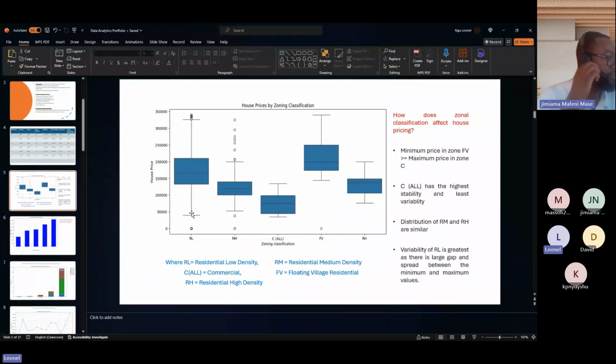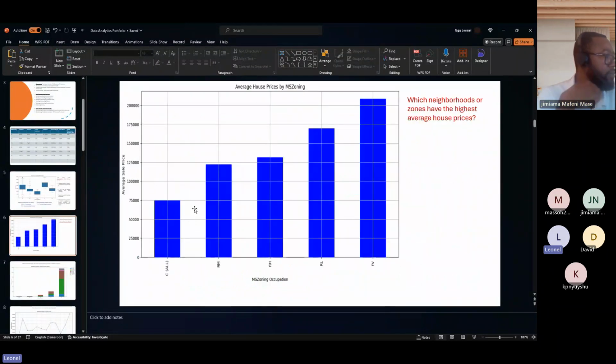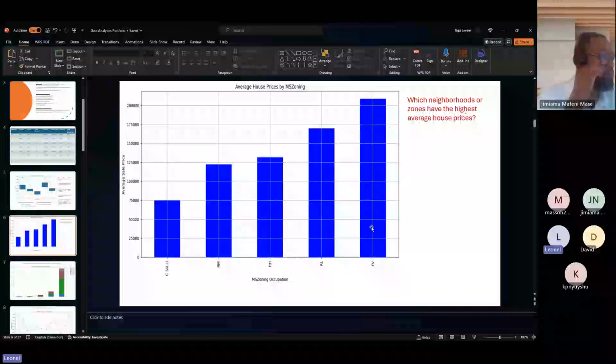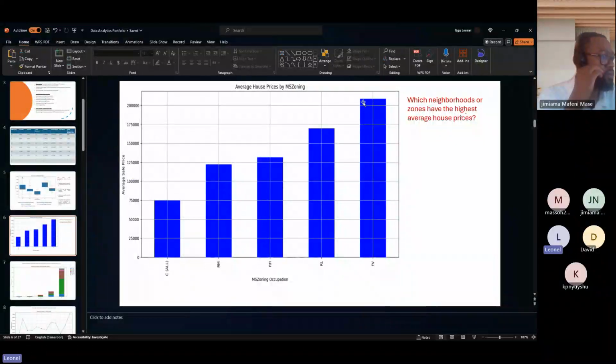Perfect. The second business question was, which neighborhoods or zones have the highest average house price? So based on this bar chart of average house price versus zonal occupation, we can see that the highest house price is the floating village, or FV. It has an average price of above 200,000,